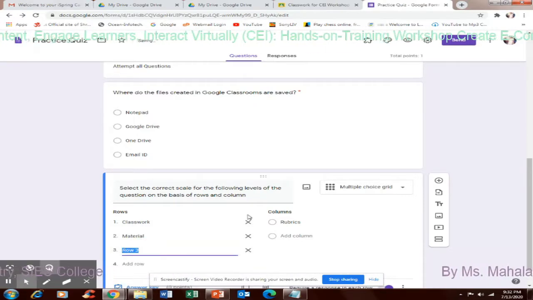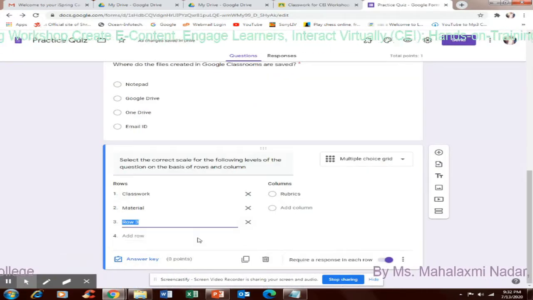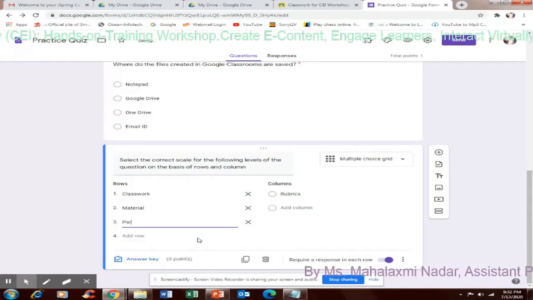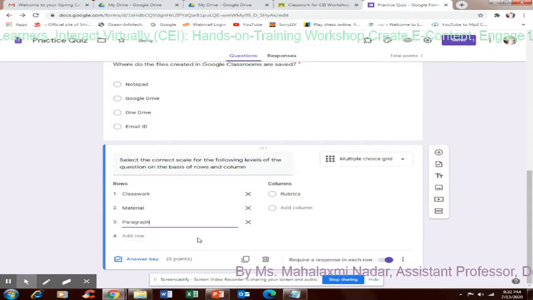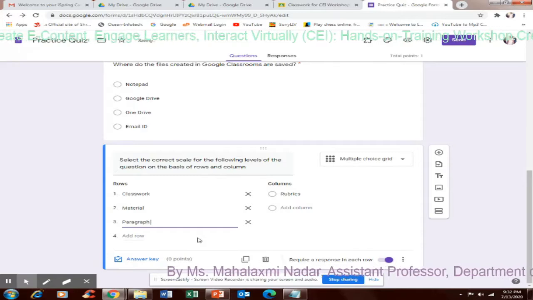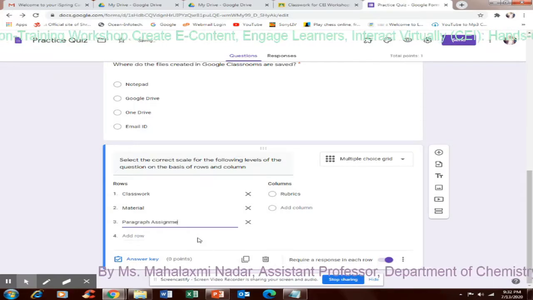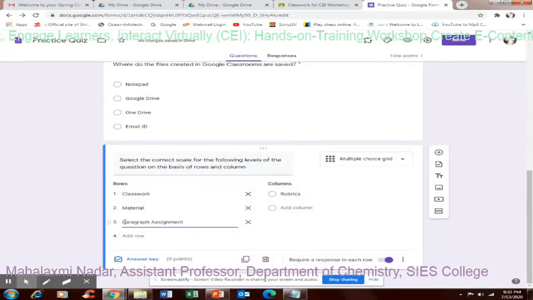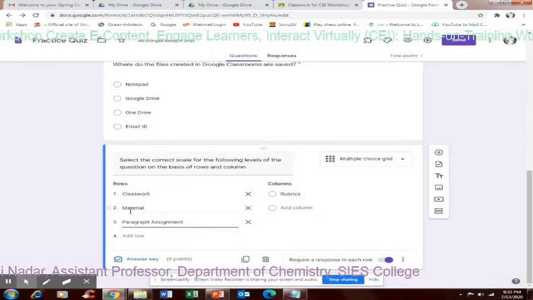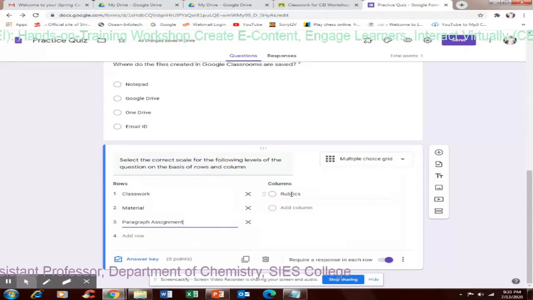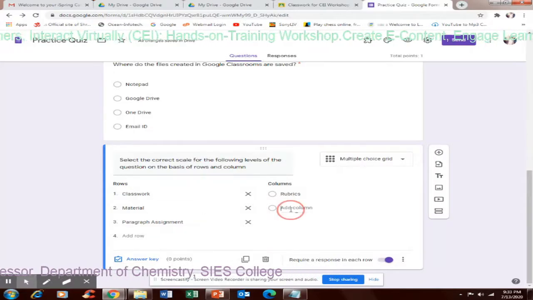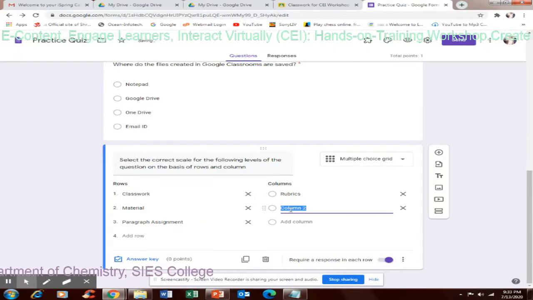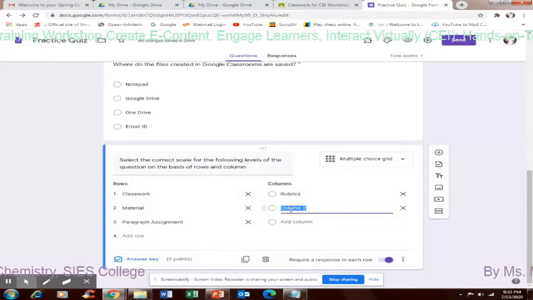Okay, and then another row for paragraph assignment. Okay. So now the columns which I have created, there are three rows: classwork, material, paragraph assignment, and three columns: rubrics. And then I can give here under this